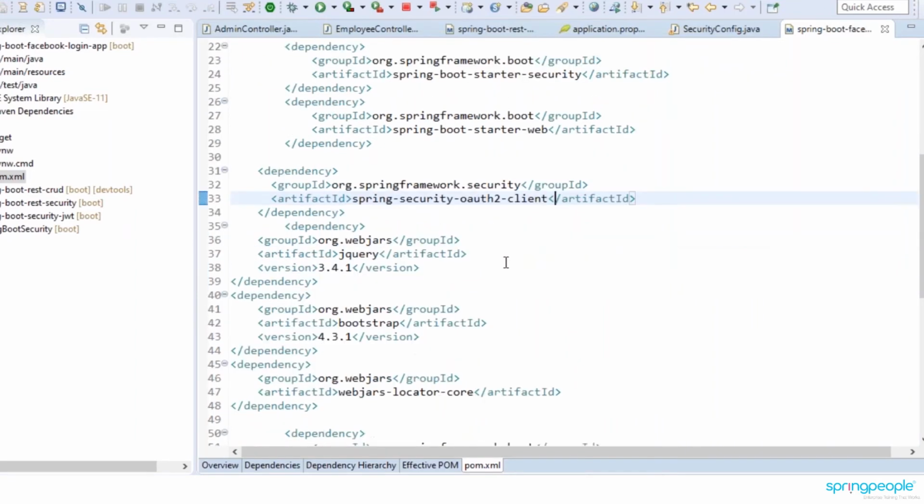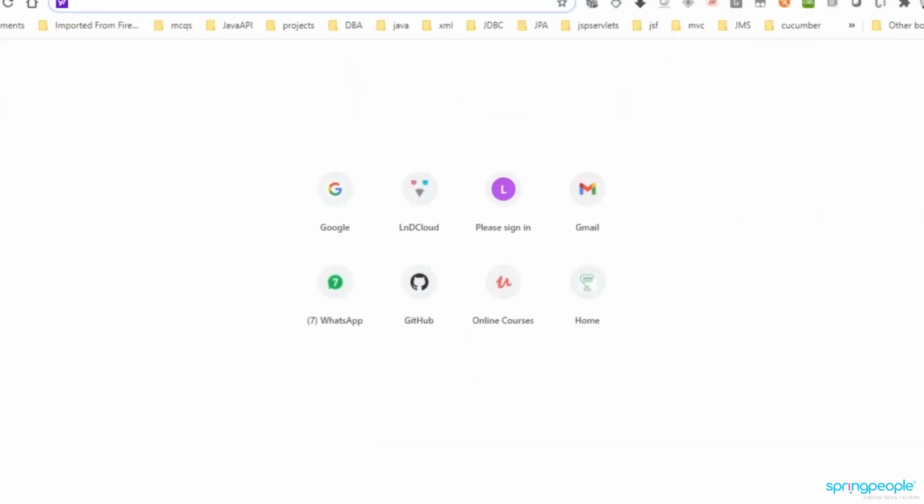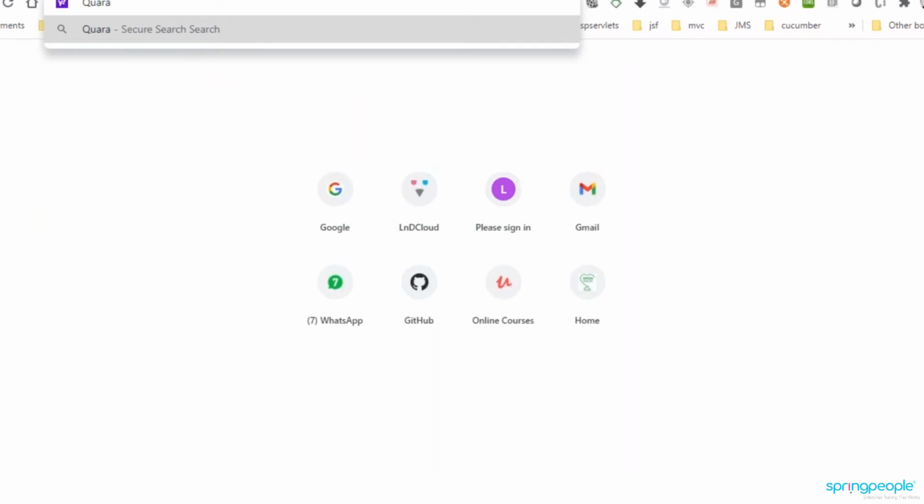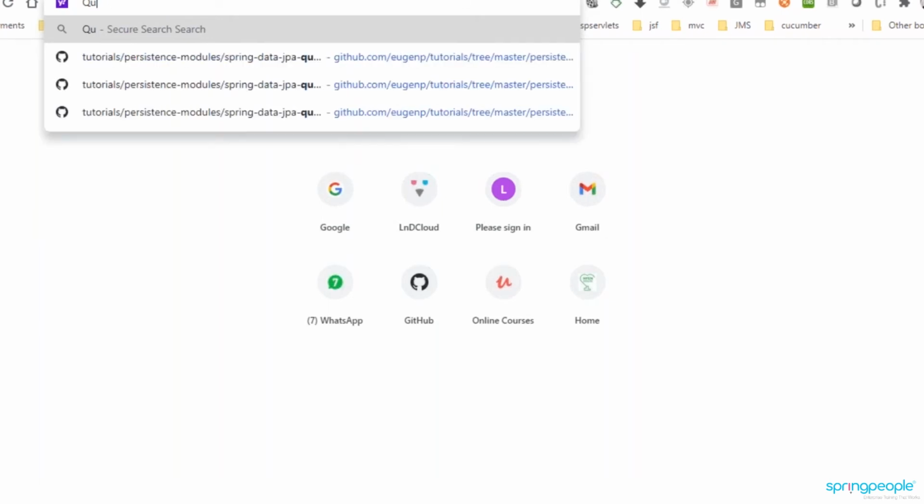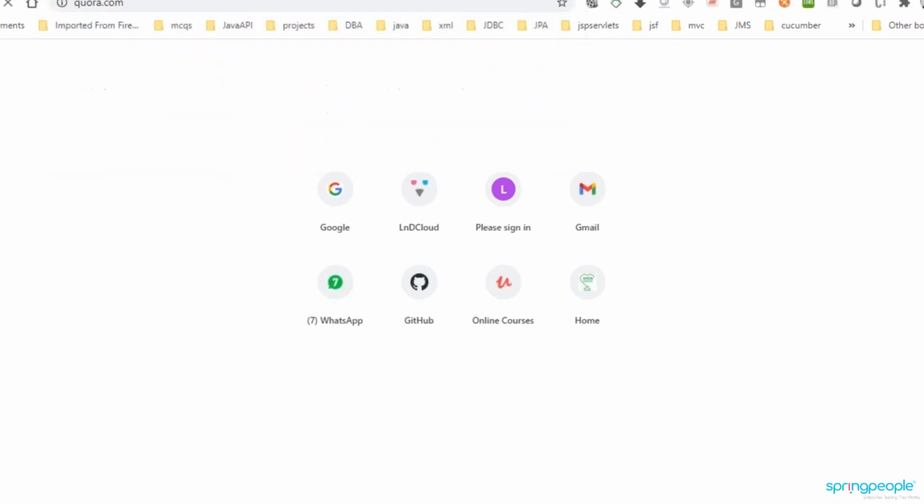And how can I configure my application for either Google or Facebook or GitHub? For any of them it can be configured. Here I'm just taking one example, which is how it can be configured with respect to Facebook.